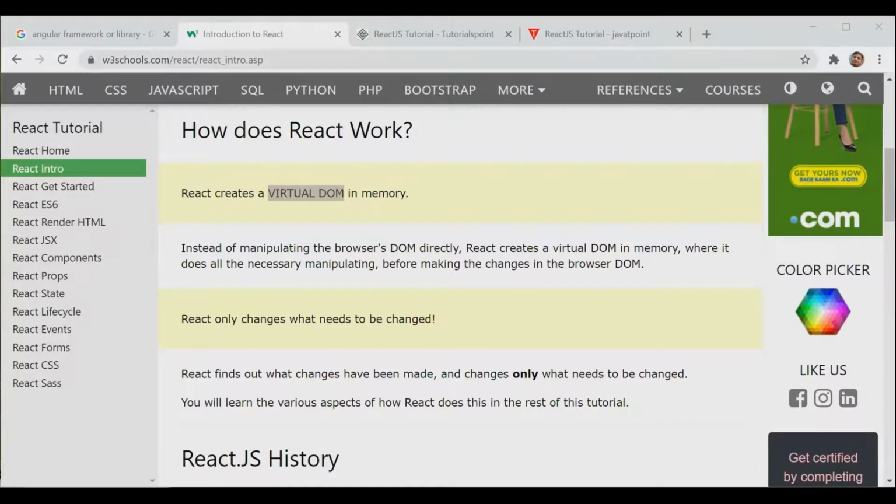Okay. So when it comes to React, why did React come into the picture? It's something similar to .NET Core. What is the reason that we prefer .NET Core over MVC nowadays?